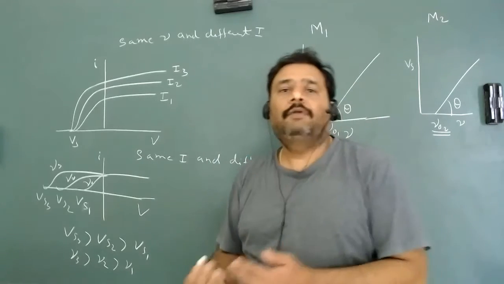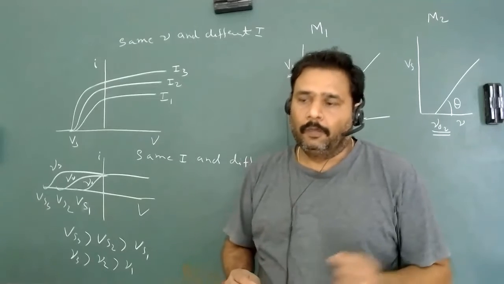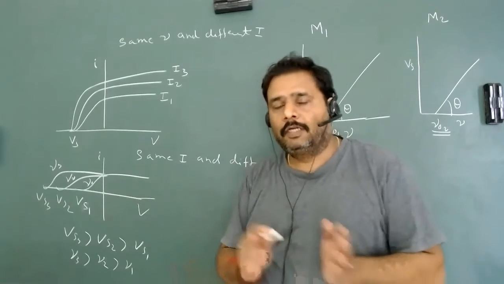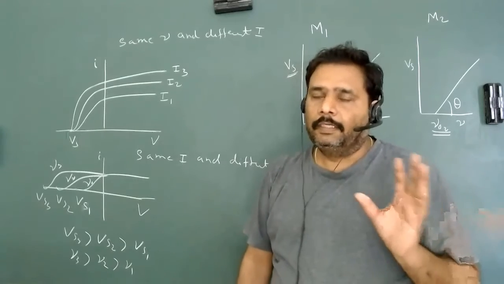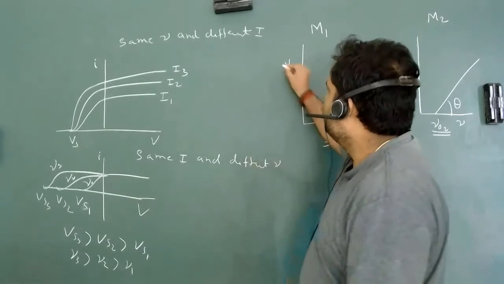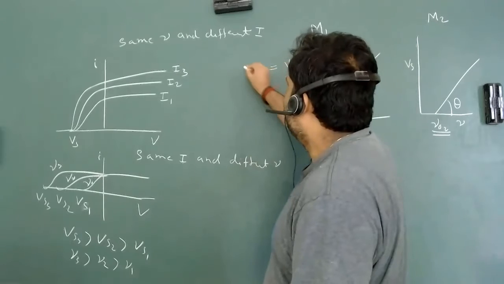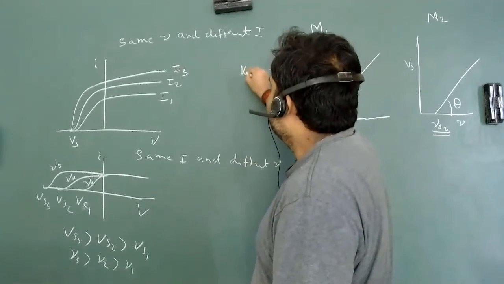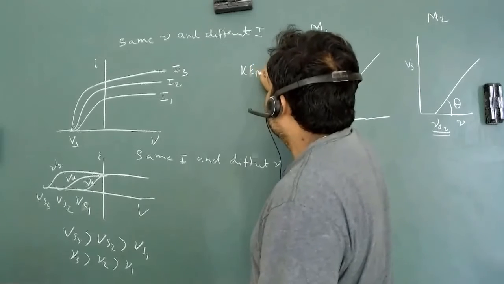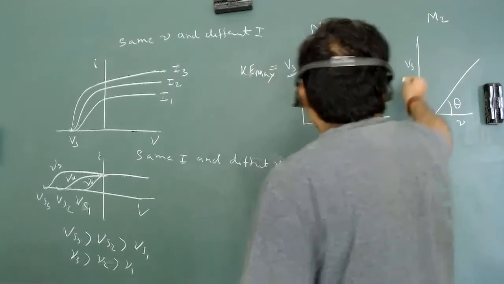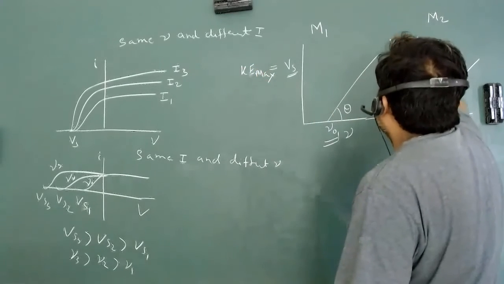This is very interesting, and we have also made the conclusion that this Vs will be related to the maximum kinetic energy. Only those electrons will cross the barrier whose kinetic energy is more. We have understood this. So Einstein told us this will be equivalent to the maximum kinetic energy Ke maximum, and this is also Ke maximum.